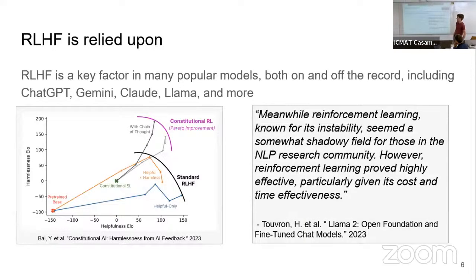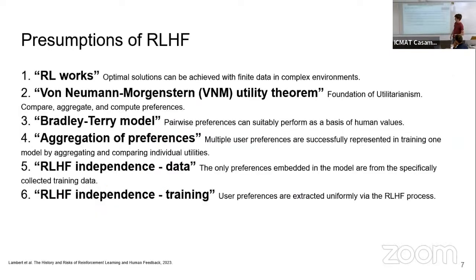Okay. So yeah, this set of methods is a key factor in all the big players today, like ChatGPT from OpenAI, Gemini by Google, Claude by Anthropic, and also the open source models, okay? It's a way of, okay, we have a pre-trained model, trained with supervised fine-tuning, which was the previous session. And then with reinforcement learning from human feedback, we aim to improve some axes, which can be helpfulness and harmlessness, or whatever preference we want. Yeah, that's pretty much it.